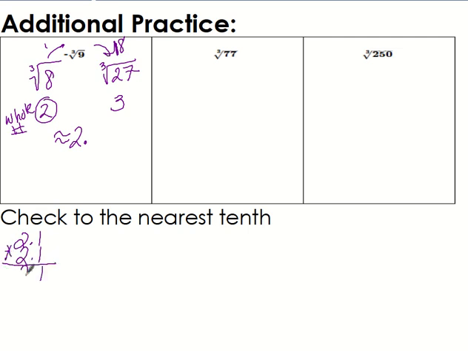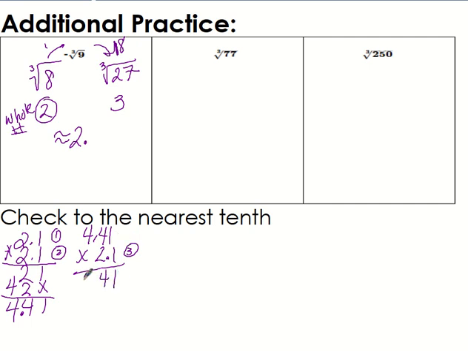So 1, 2, 2, 4, 1, 4, 4. Now here's the difference. That's only twice. That's a square root. We need a cube root. So we're going to take 4 and 41/100ths and times it by 2 and 1/10. That's 3 times. See? 1, 2, 3. Cube root. So 1, 4, 4,